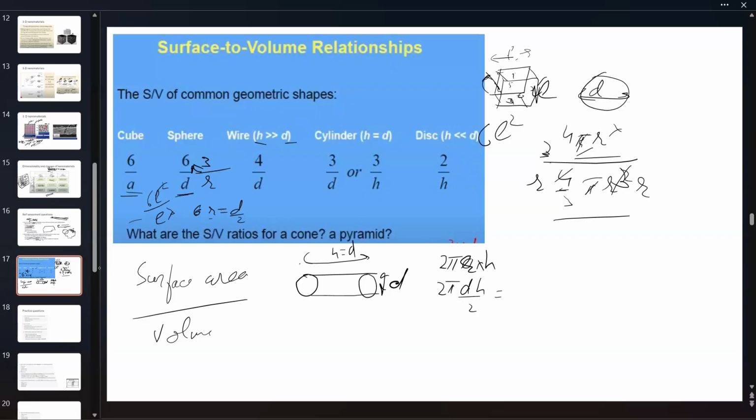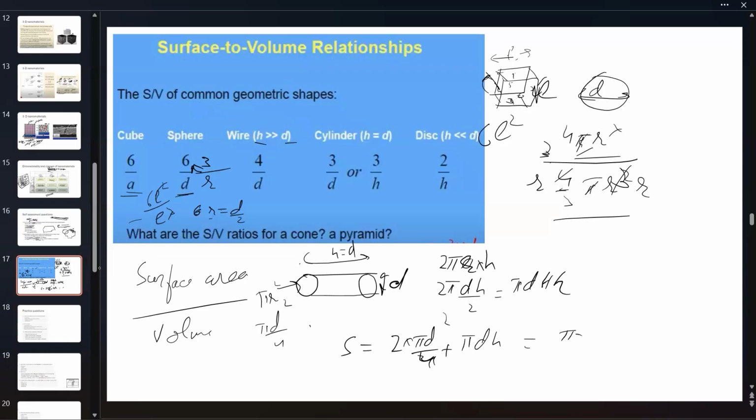And your end surface area is pi r square, or pi d square over 4. The total surface area S total is equal to 2 times pi d square over 4 plus pi d h. Since h and d are equal,